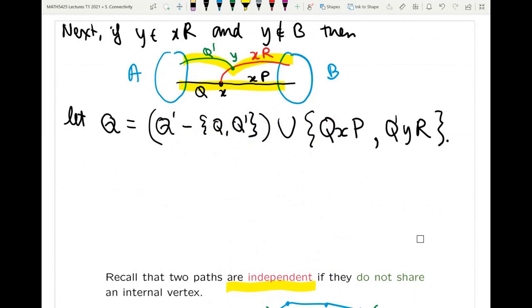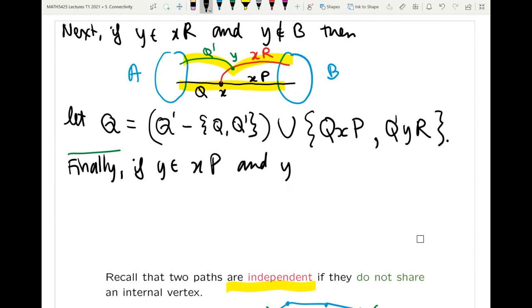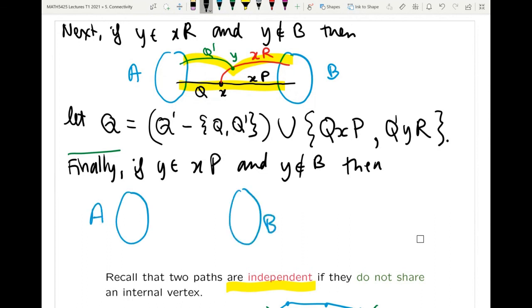So the final case is that Y belongs to XP. Finally, if Y belongs to XP and Y is not in B, because if it was in B, then we could have dealt with it before in our first case, then we have A, B, let me just have a look at the picture. Oh, I didn't do a picture. So